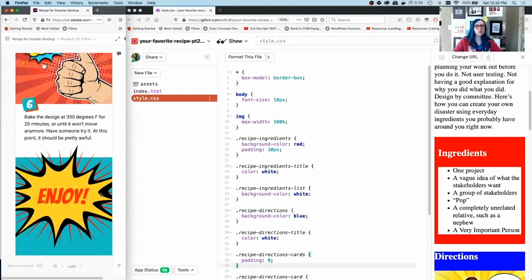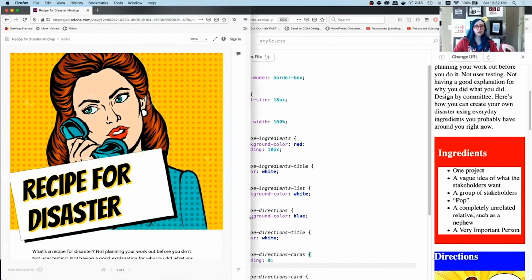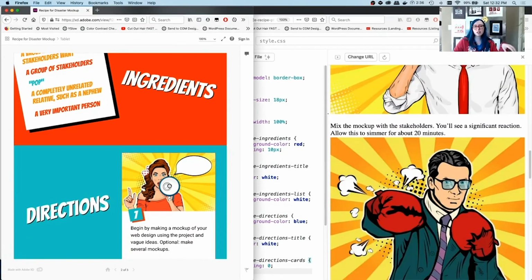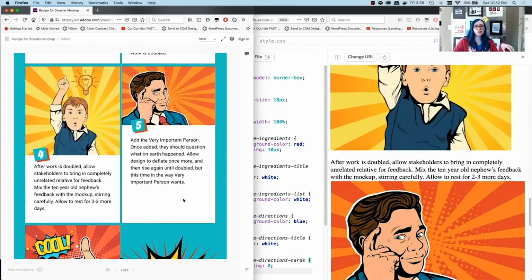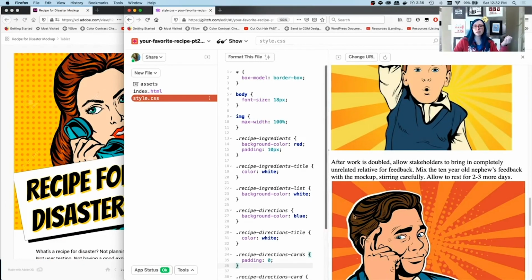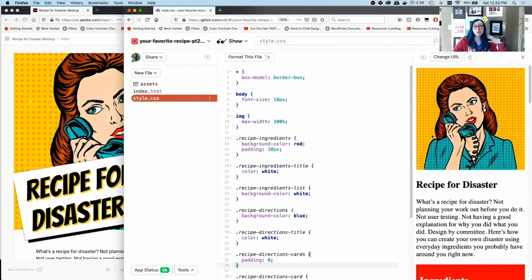And as you go through here, again, we're not going to worry about the details just yet, but what we are going to do is try and identify where things are changing. And you might notice that there's some different layout here. We need the directions to be 50% of the width. So we're going to get into that part in the next video. But for now, just focus on that mobile view, roughing things out, and getting that set in and looking nice. Because then we'll figure out how to bring in the right colors and the right typography for the mobile view. So with that, I will see you in just a moment.